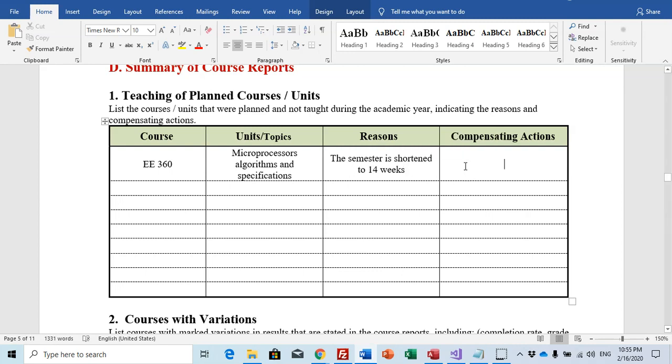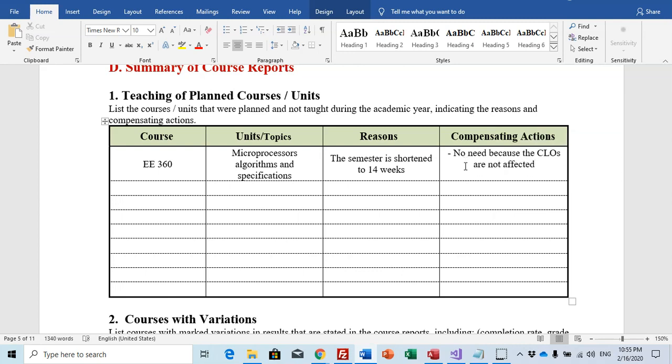If you don't have compensating actions, because you are writing here what is in the course report, for example, no need, because the CLOs are not affected.